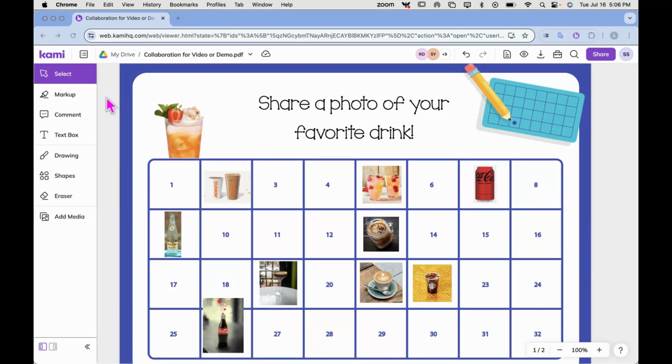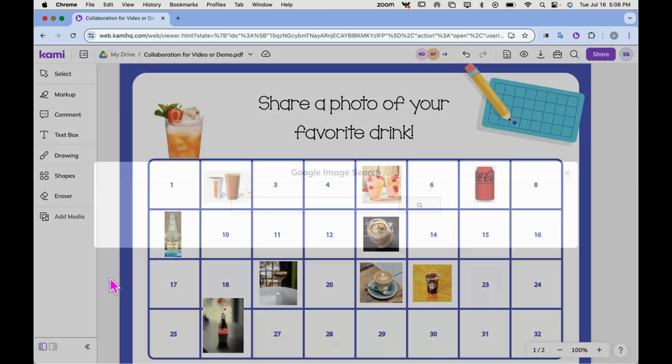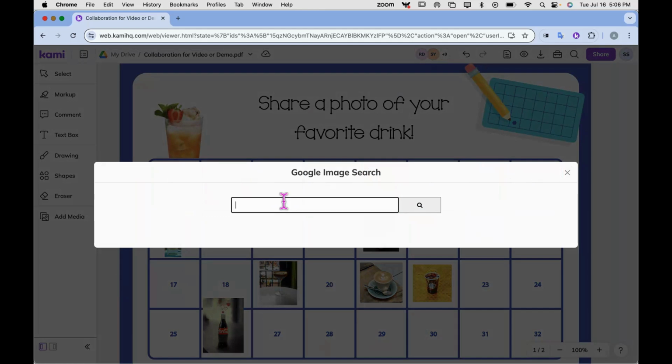In this case, Sally's student will head down to the bottom of this toolbar and select Add Media. From here, she has 4 choices. She can find an image on her computer. She can take a picture with the camera. She can head to her Google Drive to select an image, or she can choose the Google image search. There are other options in Add Media, but these are the 4 that her teacher has chosen for her to access. So we'll go ahead and click for the Google image search